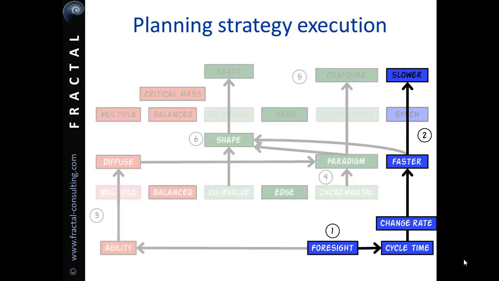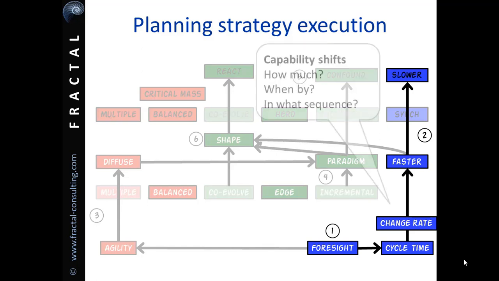We'll use Honda Yamaha as an example and look at just one or two of the manoeuvres. To achieve each manoeuvre, which organisational capabilities do you need to change? How much does their performance need to be improved? When do you need that to be done by to meet the time frame of the strategy? Precision is critical here. It's not just a get more agile, for example. Which capabilities do you need to be more agile and by how much? So if you need to increase your rate of product launch from 12 a year to 120 in 18 months, you know you need a roughly 7-fold improvement in cycle time and change rate for product development.